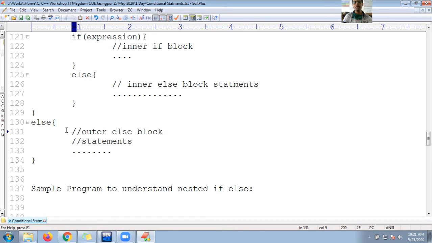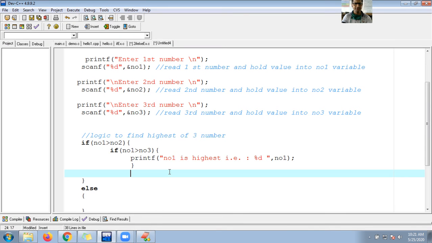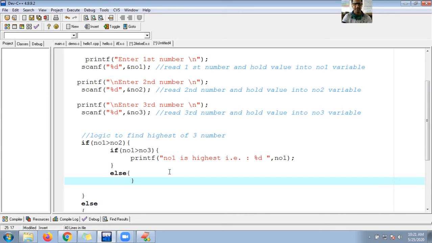So guys, go to the program, and here within the else block, so I'm jumping into the outer else block. So if else, and let me write the code. Here I made a statement: number 1 is highest.